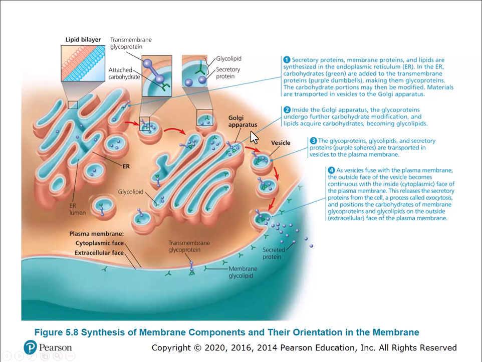So the glycoproteins undergo further carbohydrate modification, so carbohydrates added on back here in the ER, but then further modified in our Golgi. And then the glycoproteins, glycolipids, secretory proteins, all transported in vesicles to the plasma membrane and incorporated